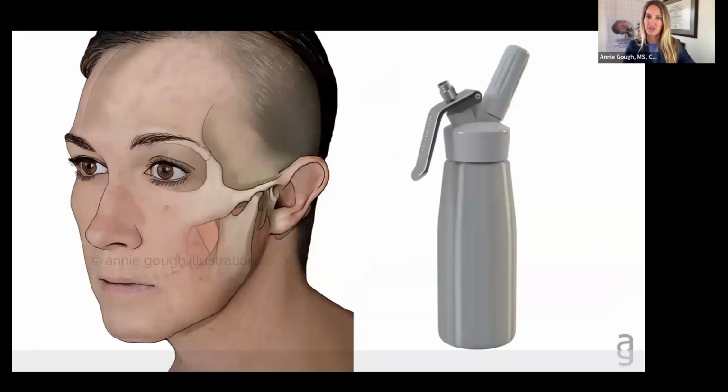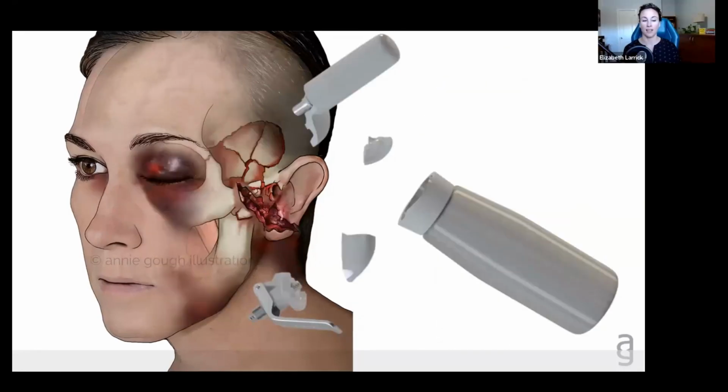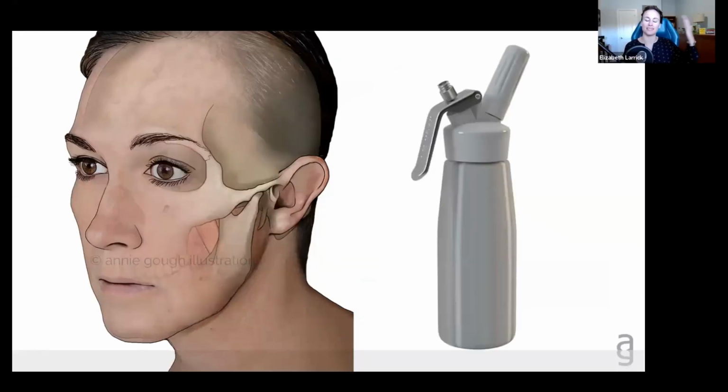after her injury. Gotcha. Behind the scenes here, Annie sent me these, and I thought somebody threw this at her. My lawyer brain was like, someone threw this at her. So I'm glad that you explained it exploded, but that would be obviously the crux of the whole case, the explosion of the